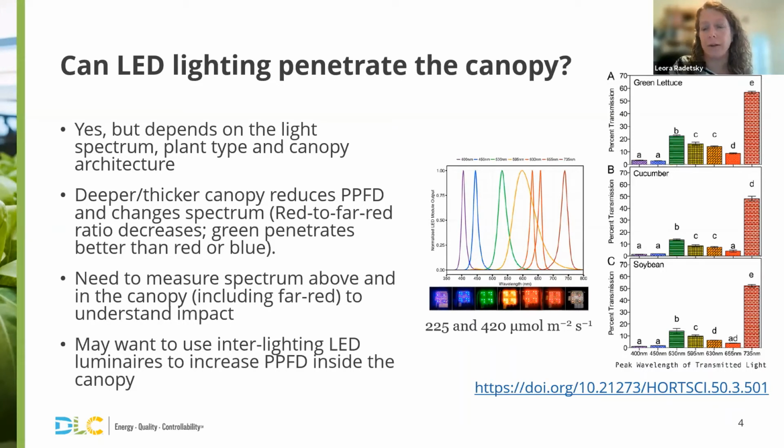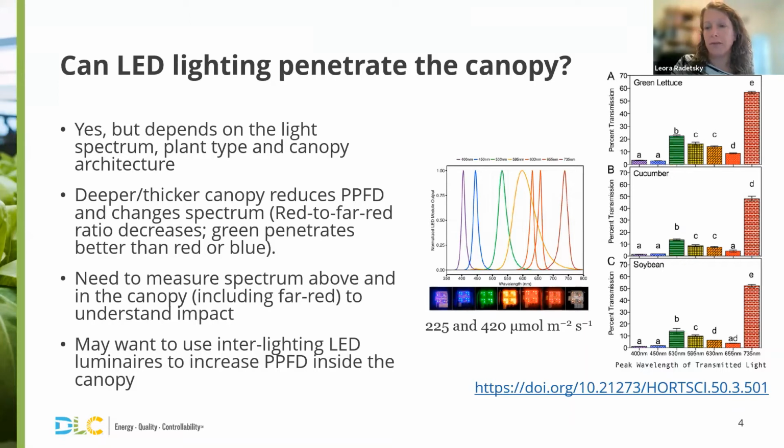And so this study that I'm showing on the screen here is from 2015. It's a NASA study that was done. And they looked at 7 different crop types. They looked at 2 different light levels, and they used 7 different kinds of, for the most part, narrow LEDs, right? So there's violet LEDs with a peak around 400. There's a blue LED at 450. There's green, amber, a couple different reds, and then a far red.